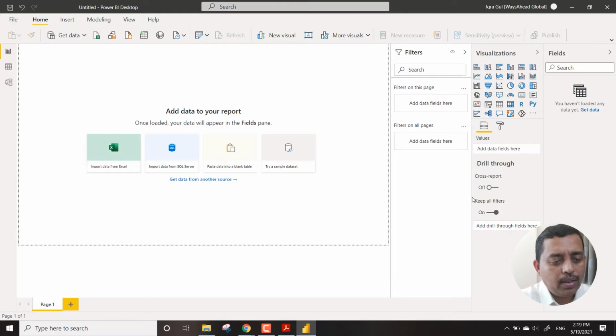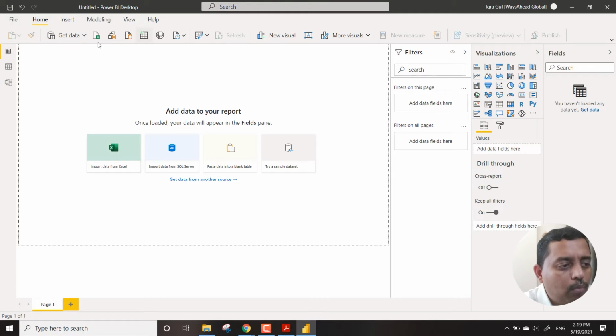You will see gradually that it resembles a pivot. So you will find these filters and the field sets and all these things within the Power BI arena here as well. Now, apart from that, we have the menu options.